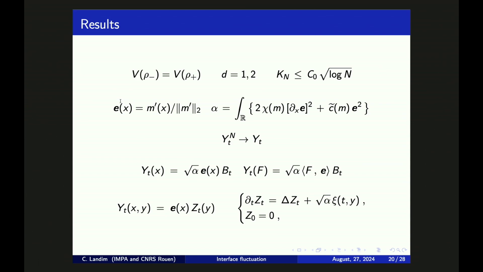in the x direction. In dimension 2, what you prove is that your field converges to Ex times Zt. So in the second direction, let me represent by Zt the solution of the stochastic heat equation. And the field can be represented as Ex times the solution of this stochastic heat equation in the other direction. And this is what you get in dimension 2. So these are the results. So let me try to explain